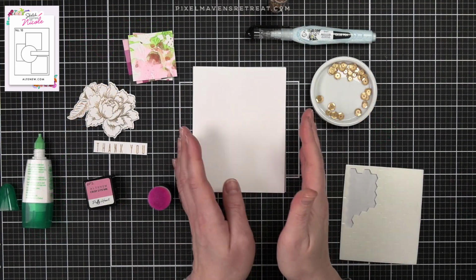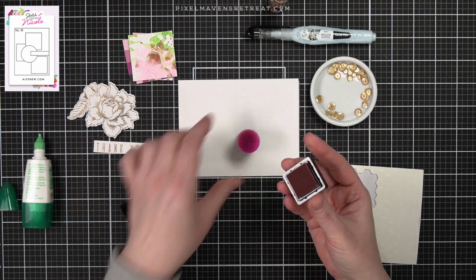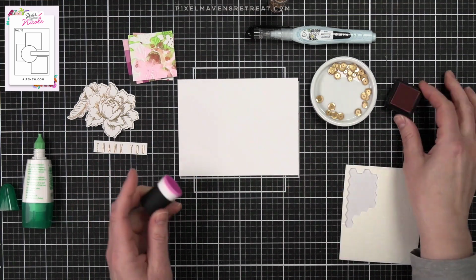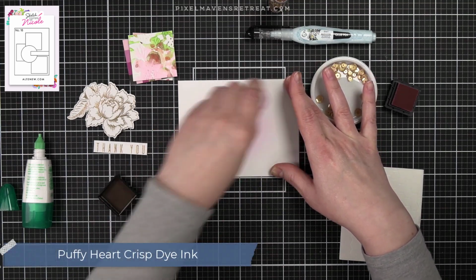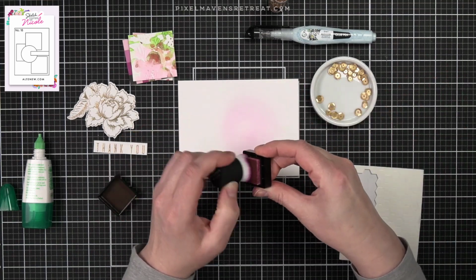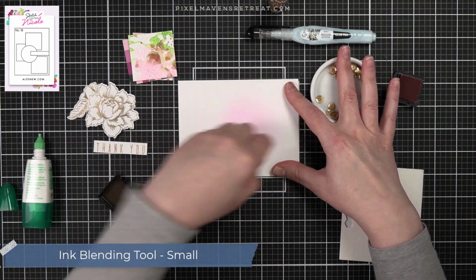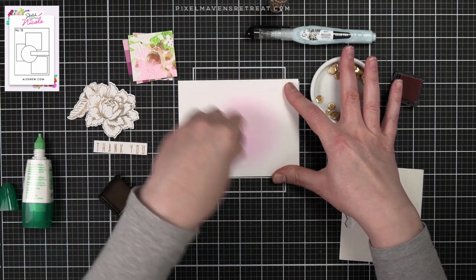So now we'll move on to the second design, and I'm going to go landscape for this. So I've turned my card base and I'm going to add a little bit of a blush in the background. So this is Puffy Heart ink, and I'm using one of the mini ink blenders to get a really nice soft circular glow. It's a little bit offset, but that's intentional because that's where all of the squares are going